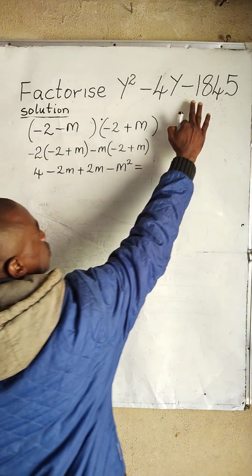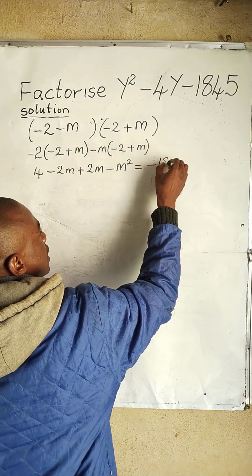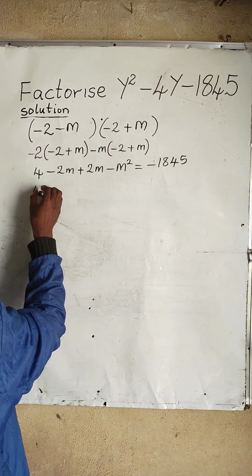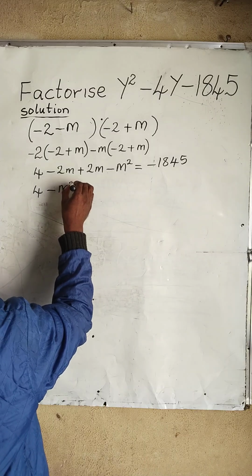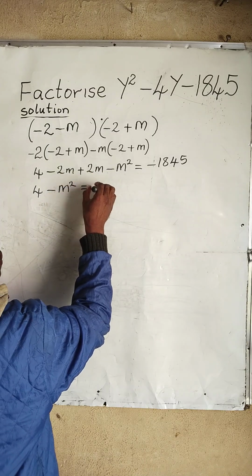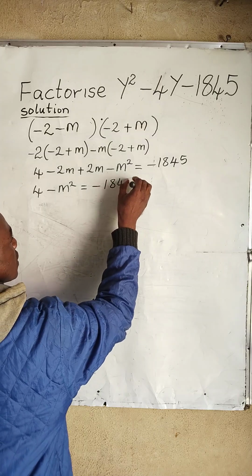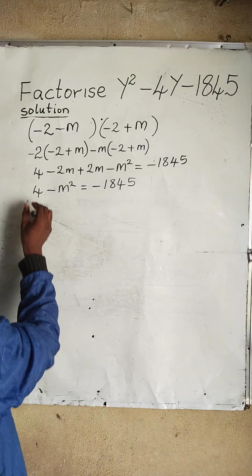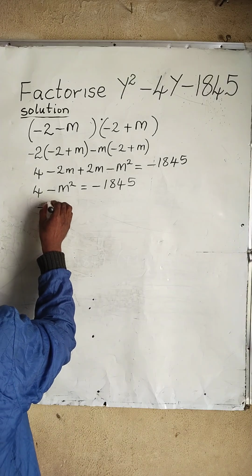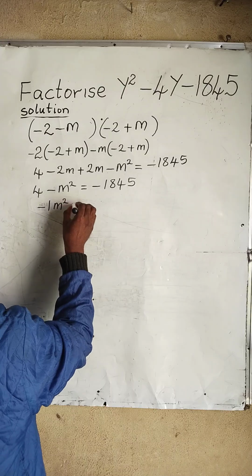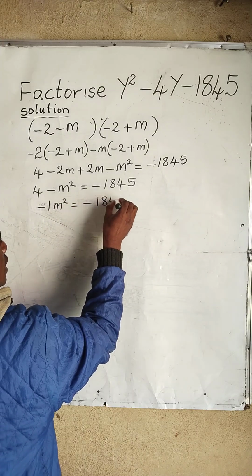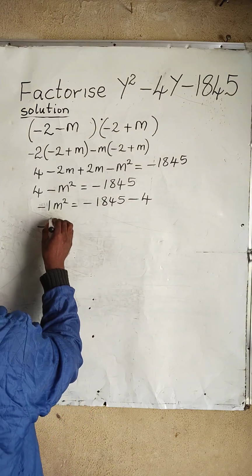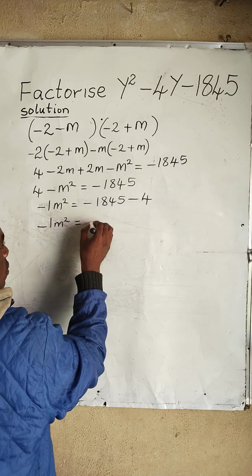Now, equate it to the big constant, which is minus 1845. For this, we will have 4 minus m squared, because this and this will cancel out, which is equal to minus 1845. I will now take 4 to the other side, and when I do, the sign will change from invisible plus to minus. We will now have minus 1m squared is equal to minus 1845, then minus 4,